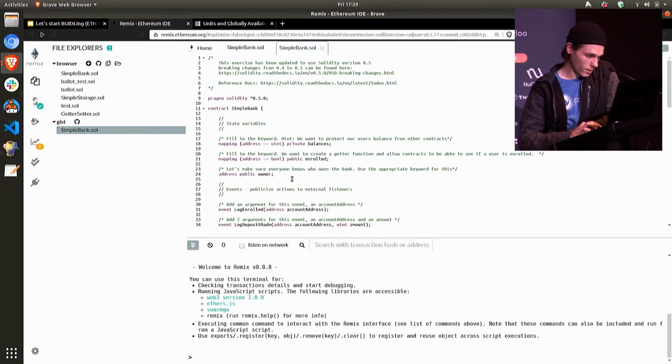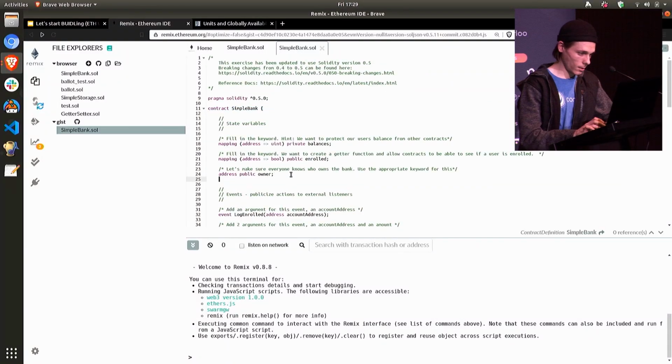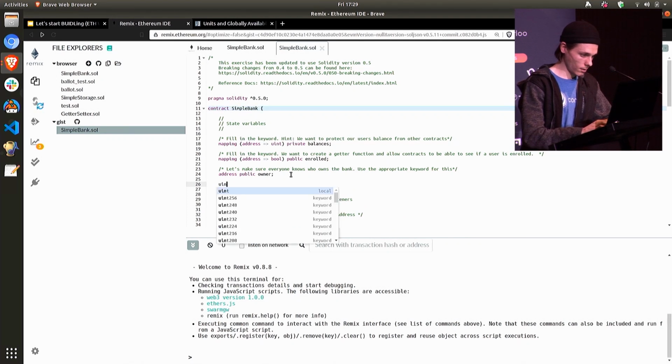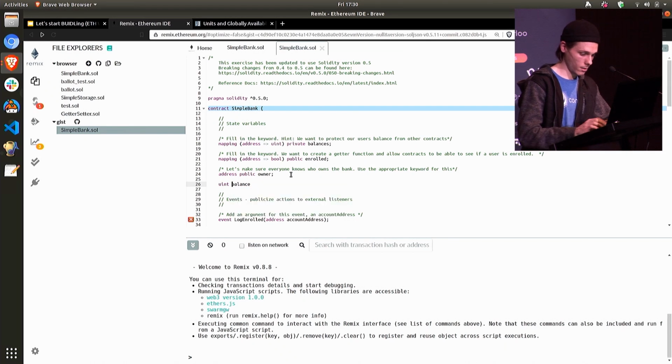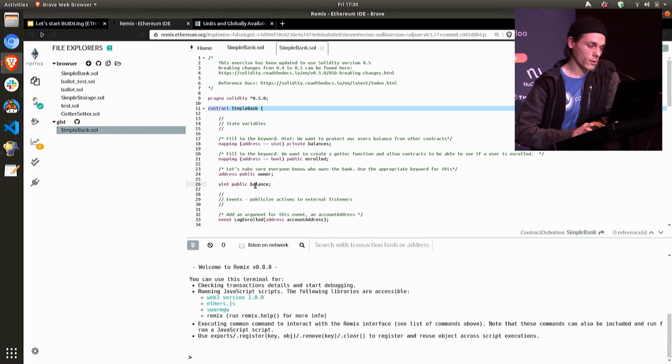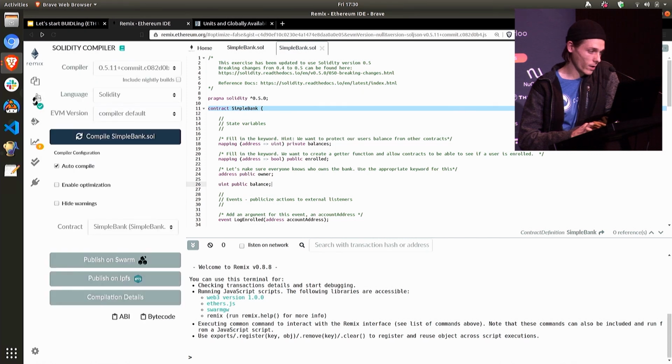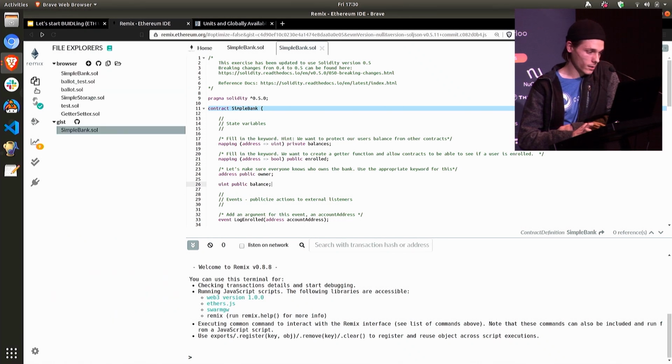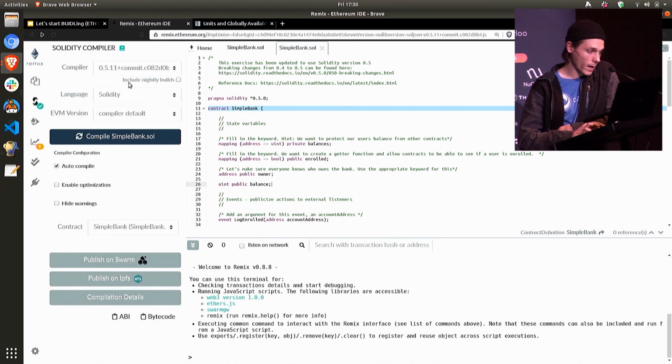If we define a balance here, this is going to create a getter for the balance. And as we'll move on to deploy this contract, we'll actually inspect the balance as we send it value. So now that we have this contract that compiles correctly,